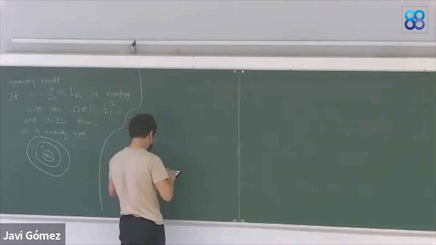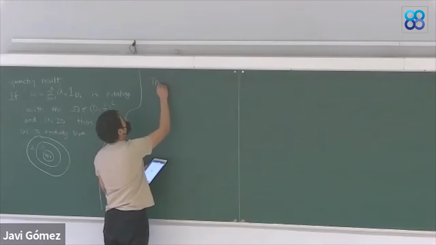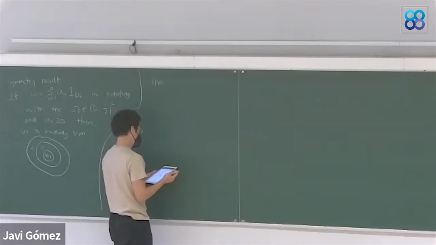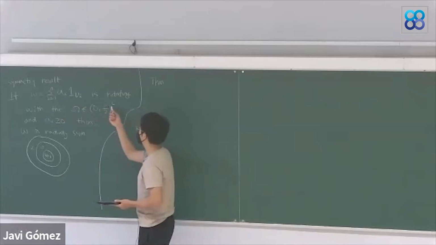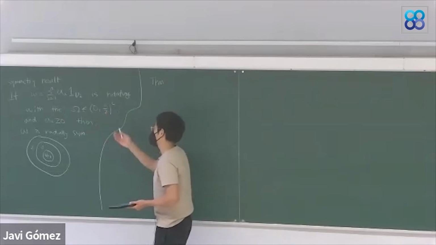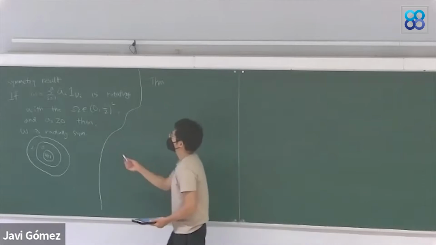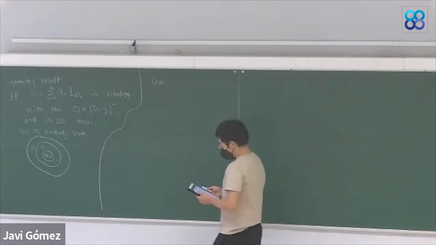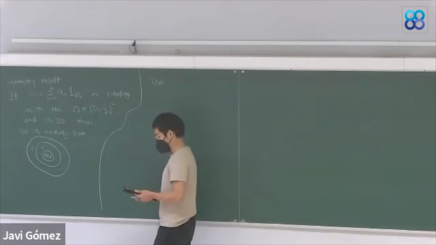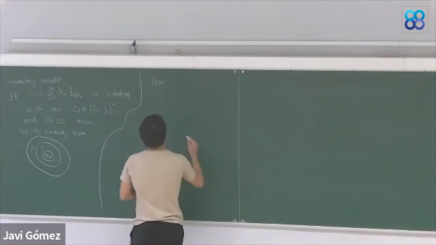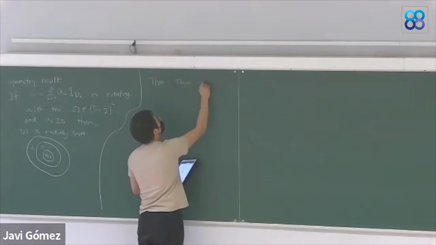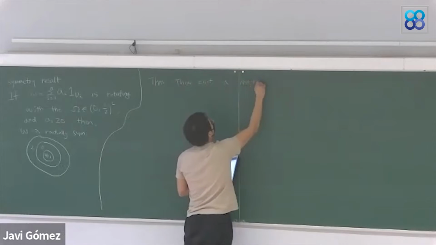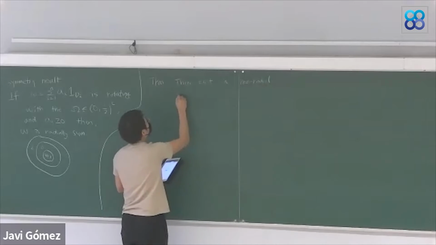Let me first state the theorem, the goal of today's lecture and the lectures on Wednesday. We know that if the stationary vorticity is non-negative, then it cannot have a non-trivial structure. But by allowing the vorticity to change sign, we were able to construct a non-trivial solution. So there exists a non-radial stationary